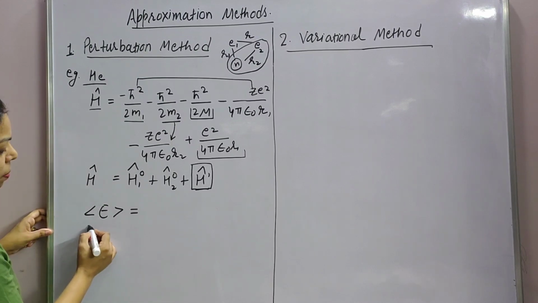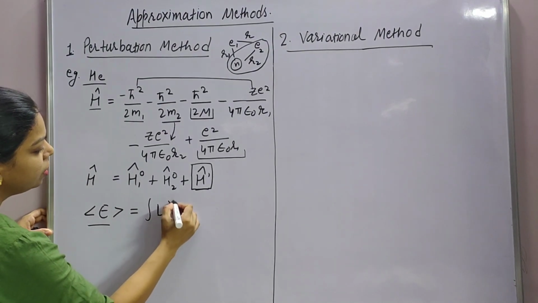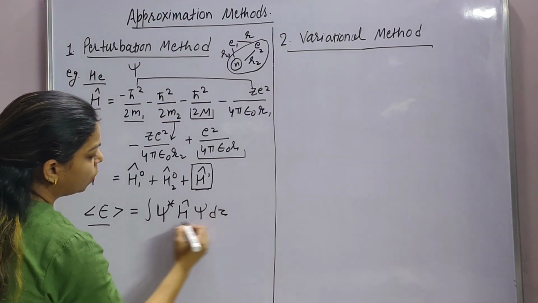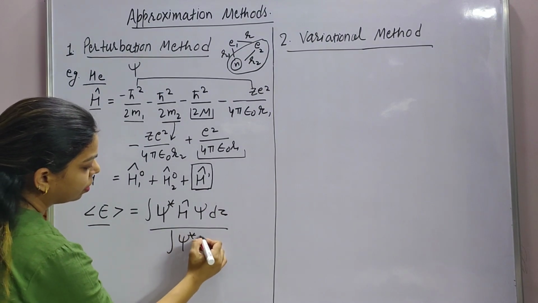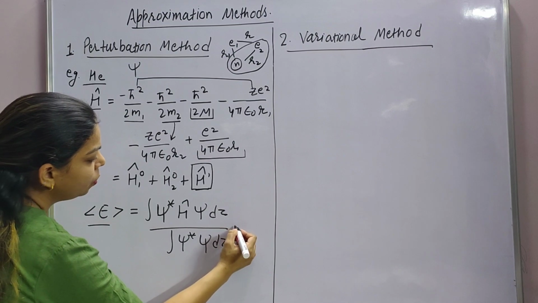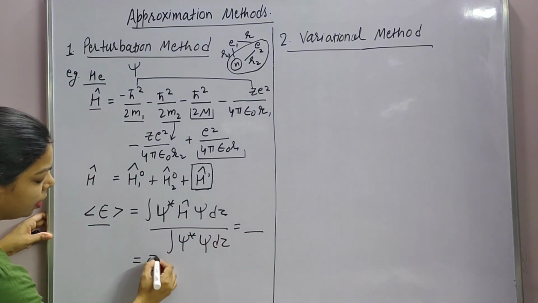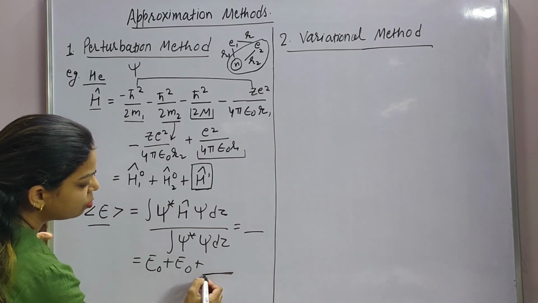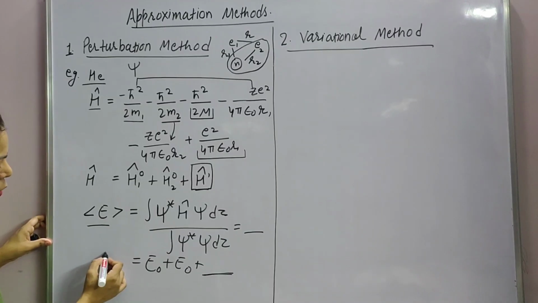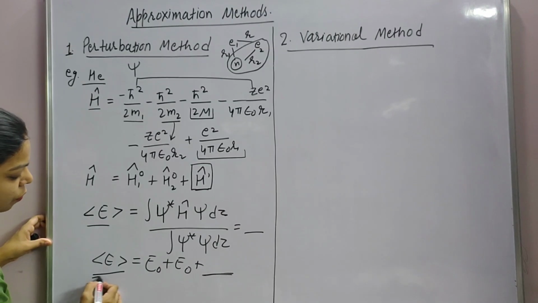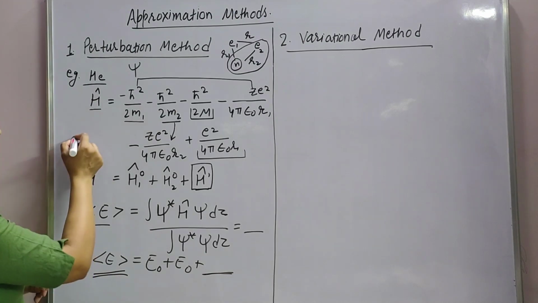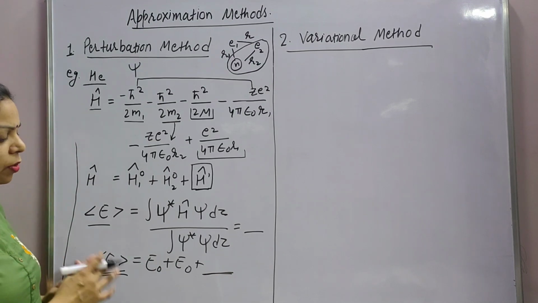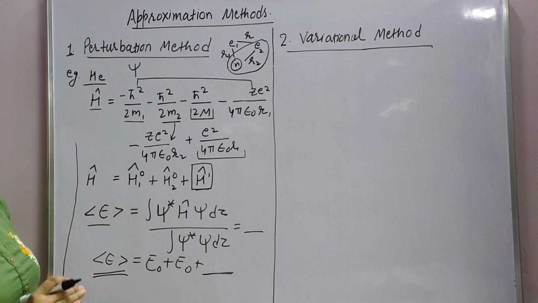So what happens? We can apply this kind of equation where psi is the wave function, integrated over d tau, so the expectation value you will get some value. So this will be E naught plus E naught plus the term which corresponds to the perturbation. So this way you can calculate the expectation value of energy. It is important to understand this method, and we are not going to do this in detail because it is not included in the syllabus, but it was important to understand how we apply the perturbation method.